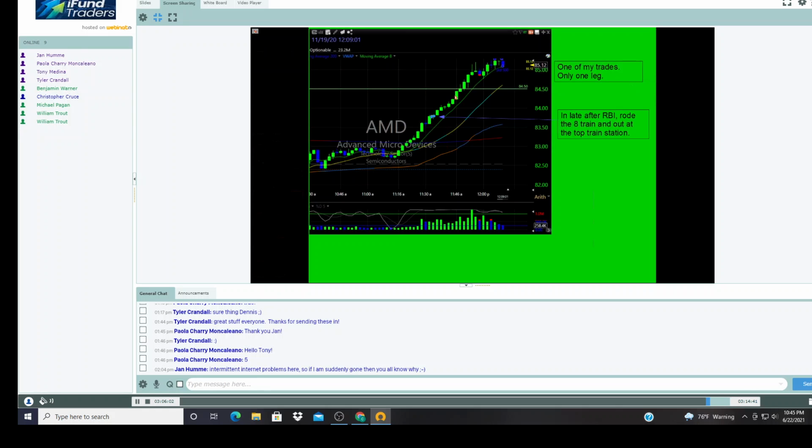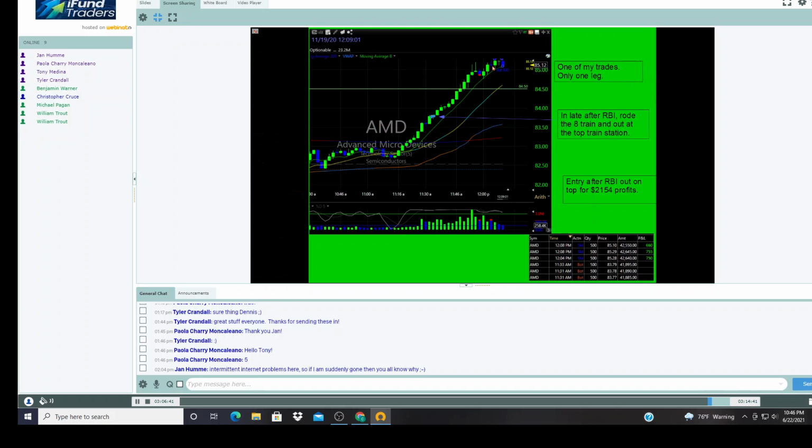And then I let it ride. These topping tails were telling me signals it's time to get out. But I held on this little pullback to the 8 and kept going. Then I got out, because then it pulled back again and I got all out. I had a nice run on it. Got one leg here. This one leg here was very consistent, very profitable. So that was a nice run up. Right after the ribby, nice extended leg, the second one.